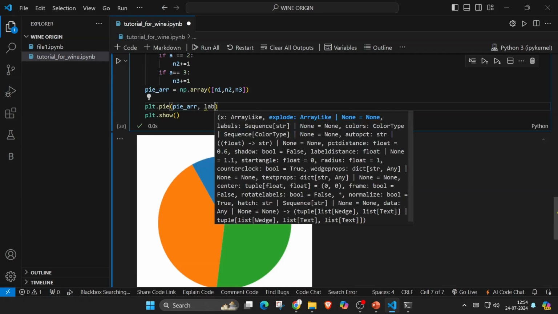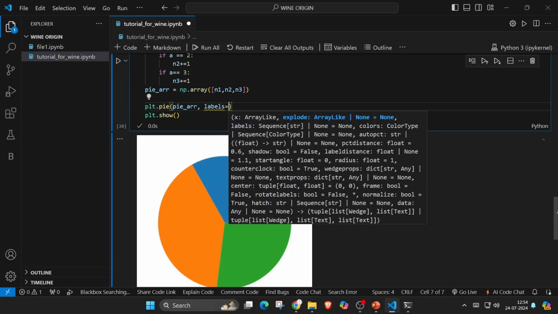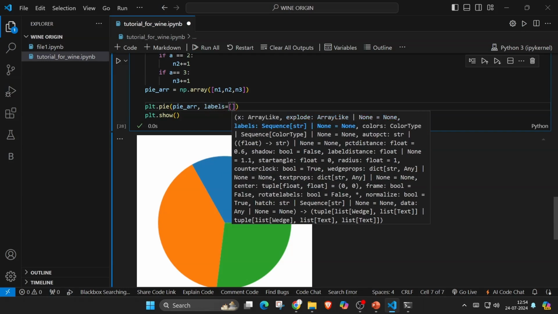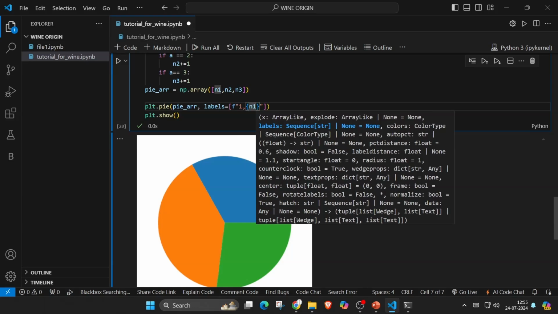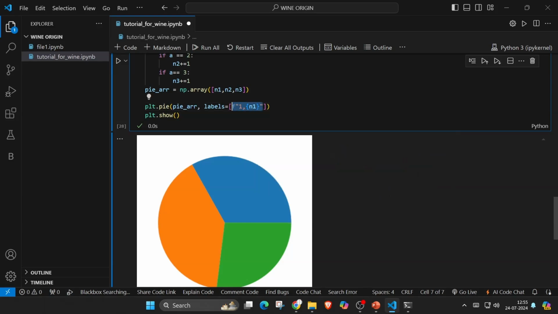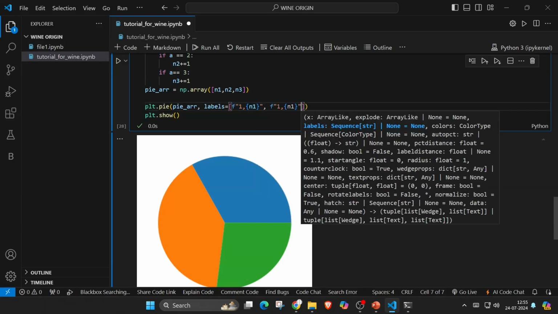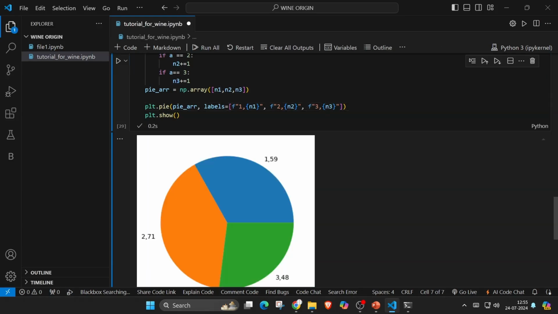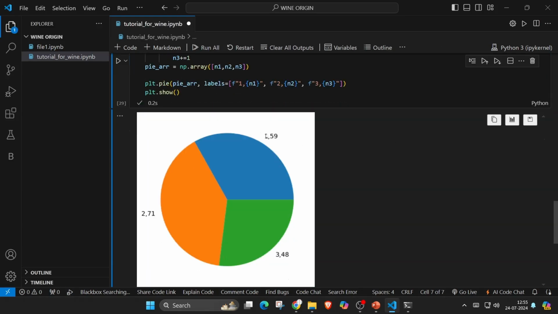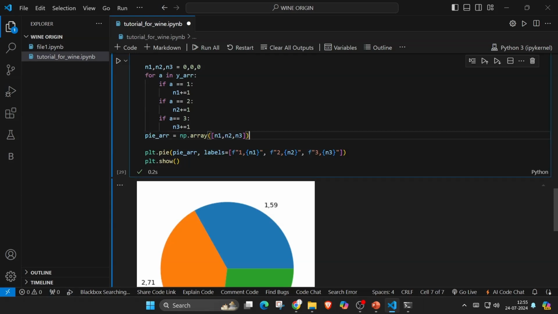So now what you have to write is labels, an argument it takes. Make a blank list and give it an f string. Add over here 1, comma, curly braces number 1, and then copy this 3 times. You can do many things like this. I will show you each and everything. And 3 and 3. See, over here I have the instances of 1, which is coming 59 times. This is what we have just seen.